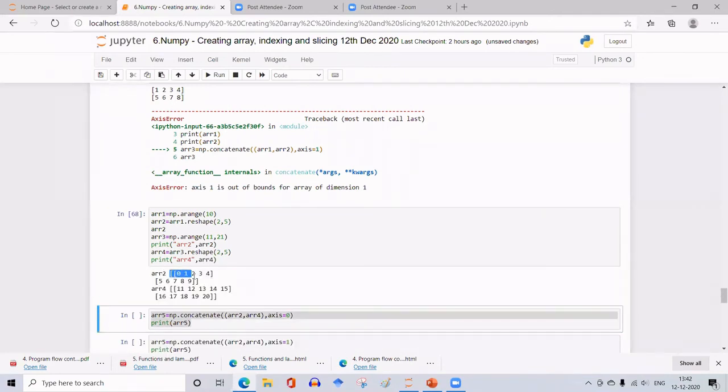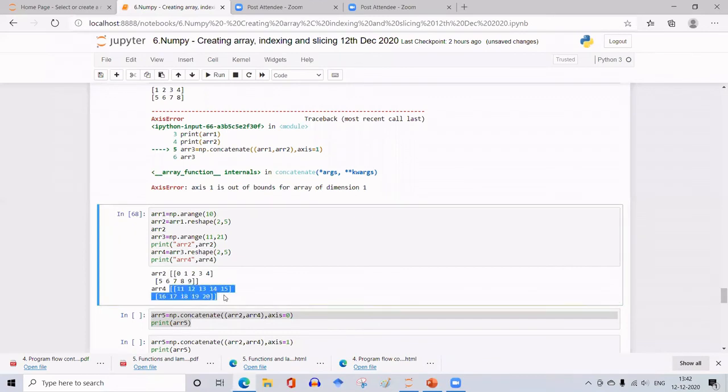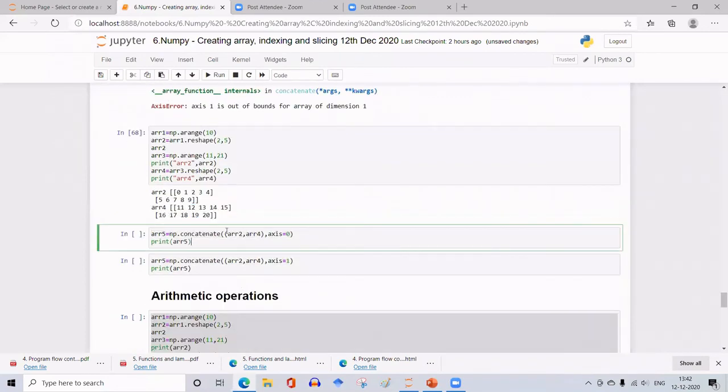So this is our array 2 and this is our array 4. Next I'll concatenate array 2 and 4 along axis 0.